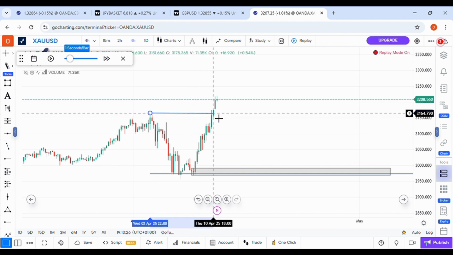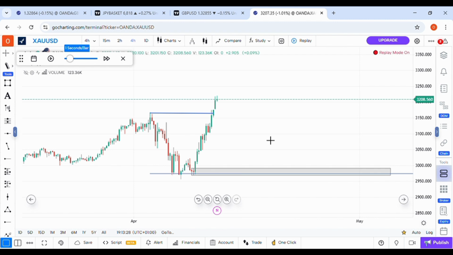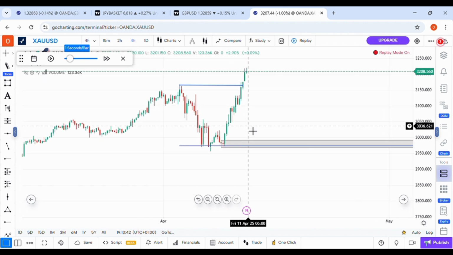This is our break of structure here. So that break of structure was caused by our order block. You understand? This break of structure was caused by our order block. So after the order block, after the break of structure,